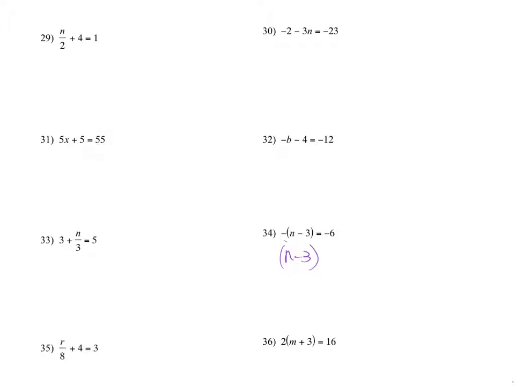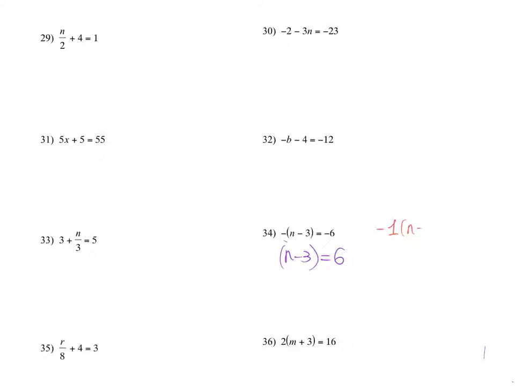So notice that I did this negative, whatever it is in the parentheses, I changed it to positive, and now I'm changing this negative 6 into a positive. So in other words, if I change the sign in one thing, I have to change the sign in every other term. Why is that the case? A negative